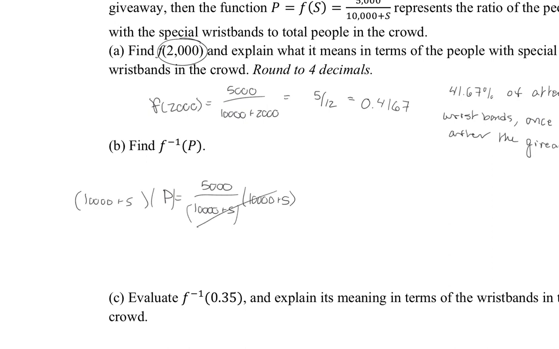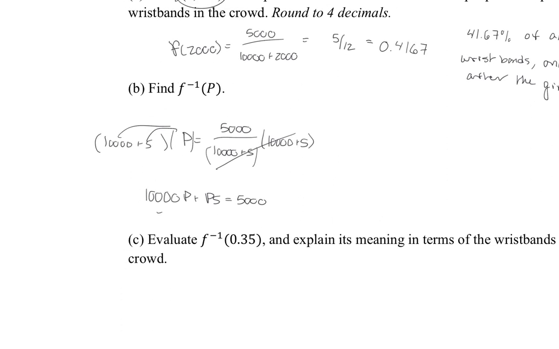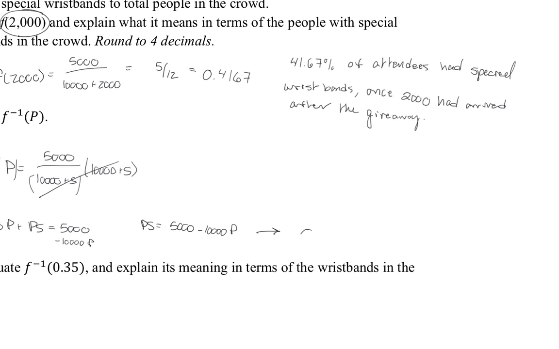That's going to cancel out here. Then I'm going to go ahead and distribute that to get 10,000 P plus PS is equal to 5,000. Go ahead and subtract this value to get PS is equal to 5,000 minus 10,000 P, which gives that S is equal to 5,000 minus 10,000